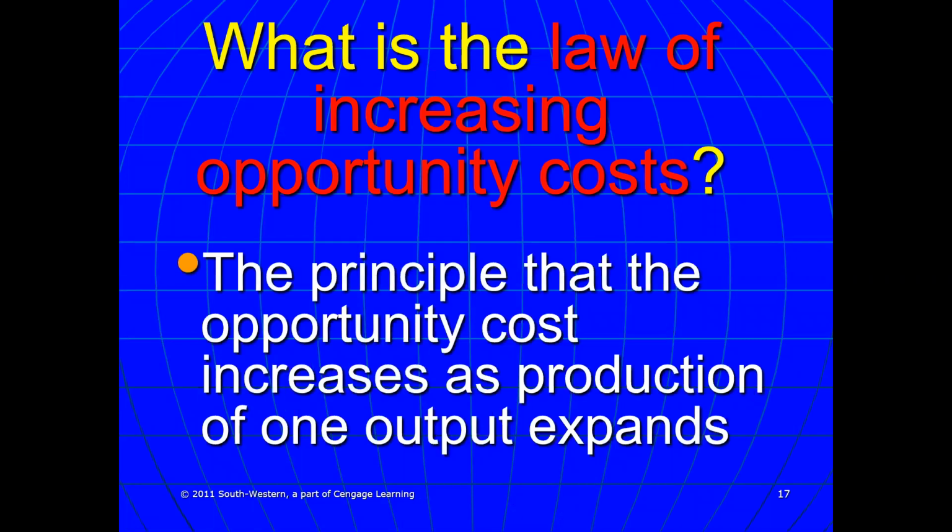That shape that you saw of the production possibilities curve, of it being bowed outward, is because of the law of increasing opportunity costs. And this deals with, remember, opportunity cost is what you sacrifice, what you give up to get something else. Increasing opportunity cost means that we're going to have to end up giving up more and more and more. The sacrifice is going to be steeper and steeper, and we're going to have to sacrifice more. The price that we pay in terms of our loss to get more.